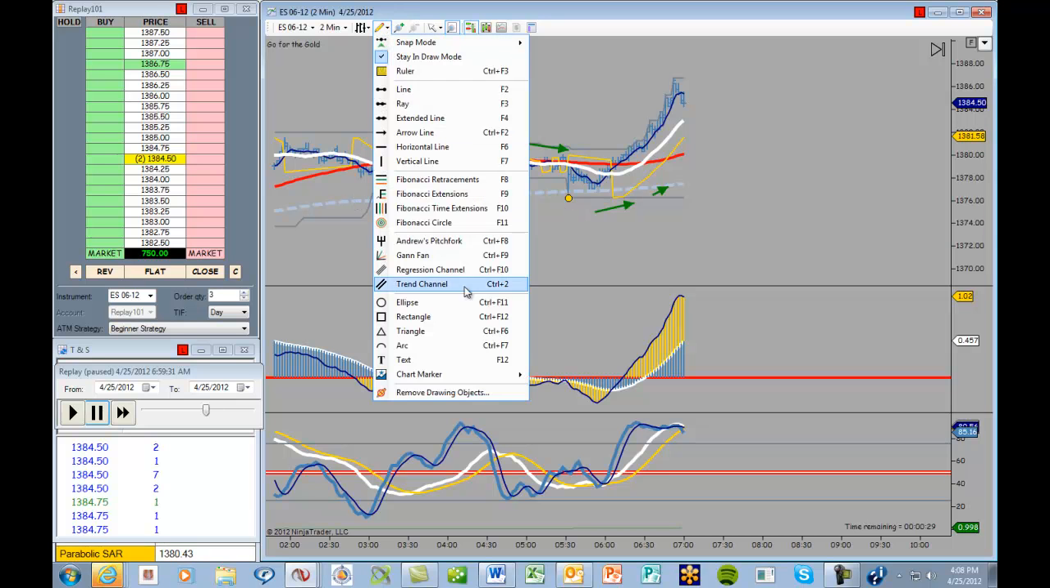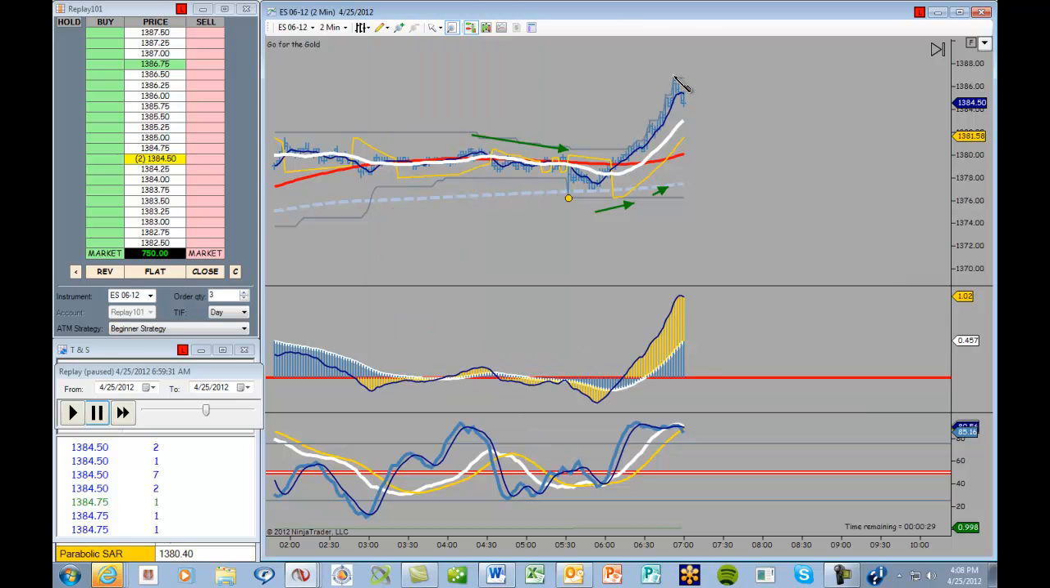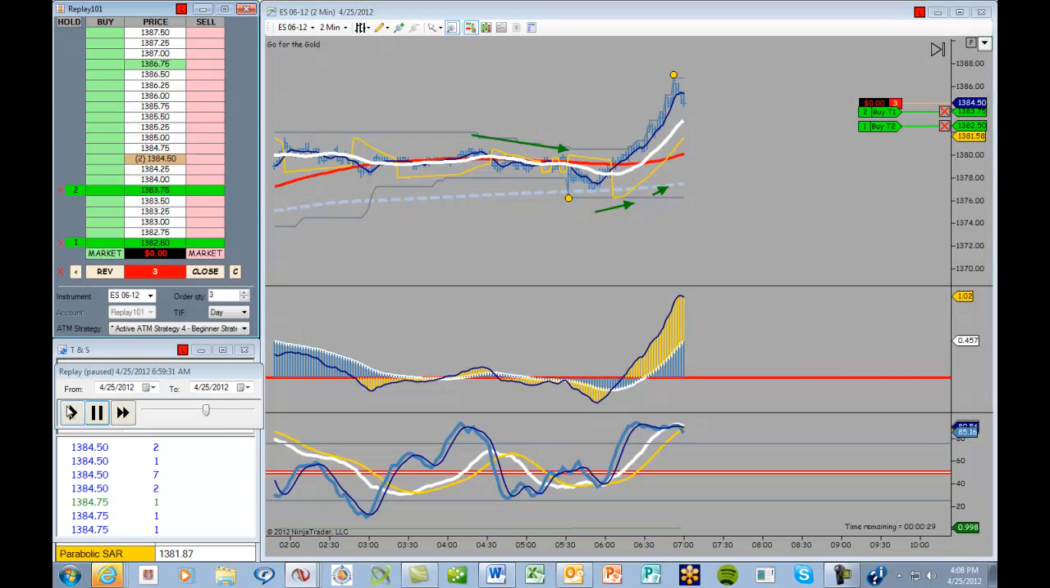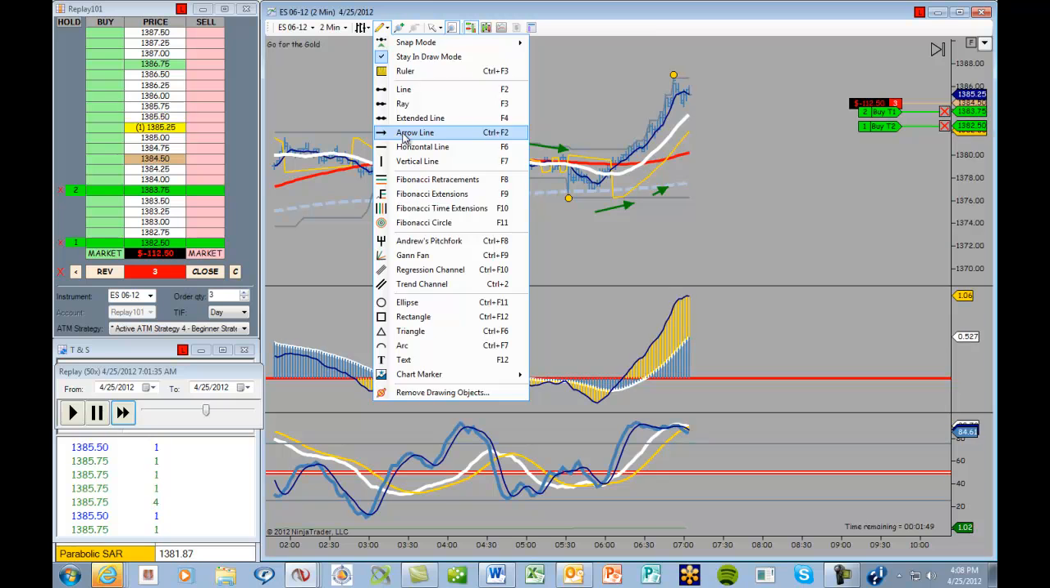So let's go ahead and mark it and get short. Should have done the arrow first, but